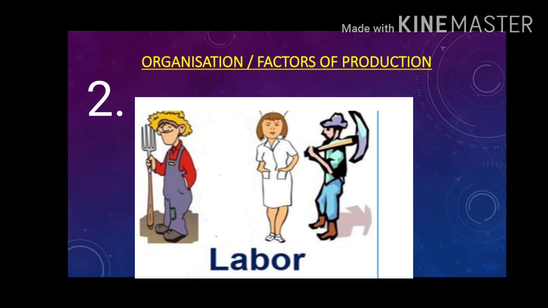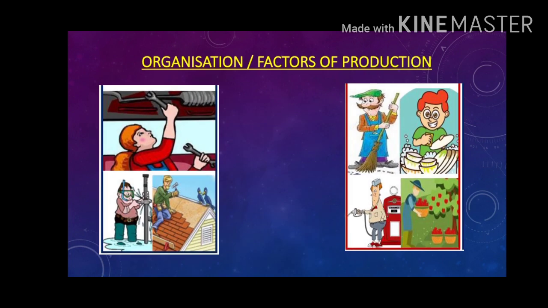Now labor is again divided into two types. So you have to guess. Here you see pictures of people working in two different production processes. Now what difference do you find in them? Do you find any striking difference? Give yourself 5 seconds and think. Let me give you some hint. Here one is skilled labor, that is you require a certain amount of training to do it, and another is unskilled labor, meaning it can be done without any proper training also. So which one do you think is skilled and which one do you think is unskilled? Think it to yourself. Yes, I'm sure you guessed it right.